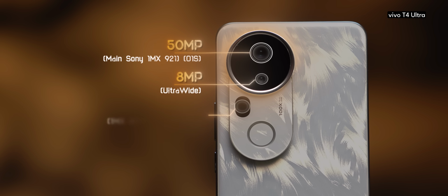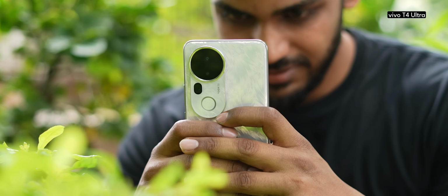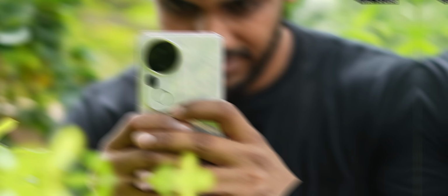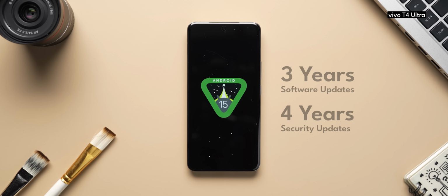It's just like a yin and yang thing, but overall, after looking at both these holistically, we feel like the higher resolution telephoto sensor in the Vivo sort of gives it an advantage, and it is slightly better than Moto overall. As for the software experience, you're getting FunTouch OS 15 based on Android 15, and Vivo's promising 3+4 years